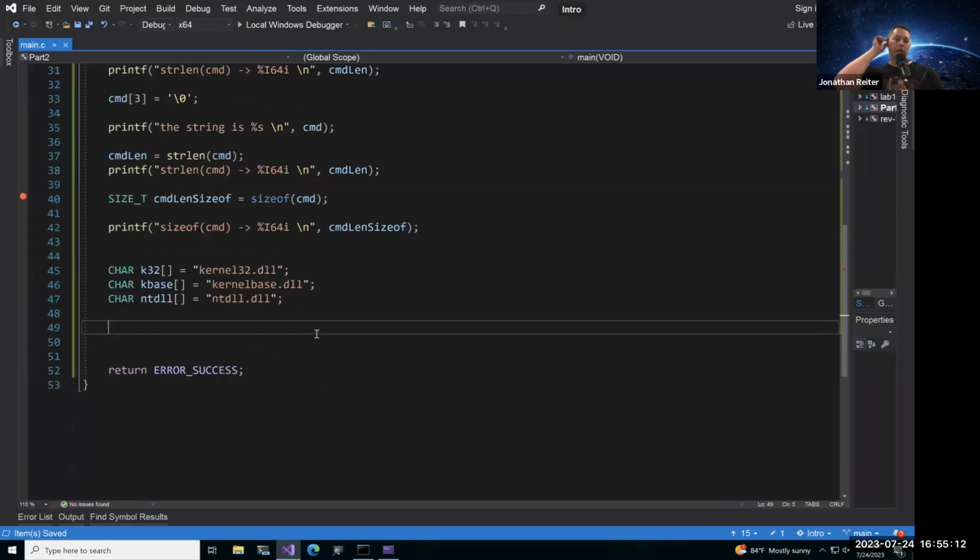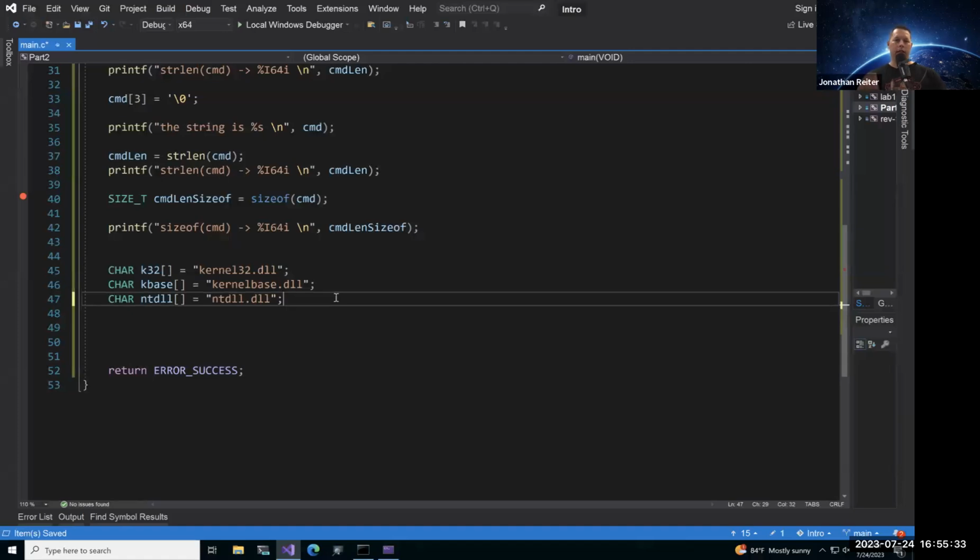Glad to help. Okay, so here we are. We have 3 new arrays here. We got kernel32.dll, kernelbase.dll, and ntdll. Just as an aside, ntdll is another Windows system DLL.